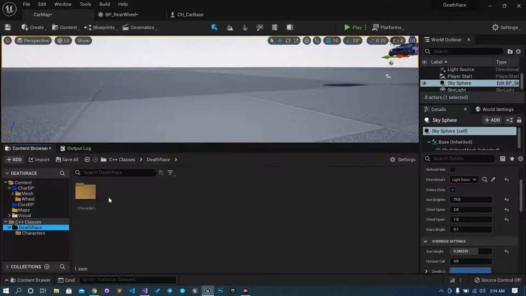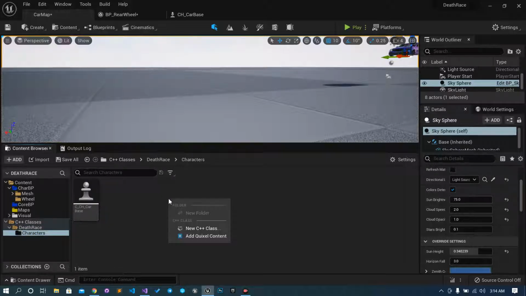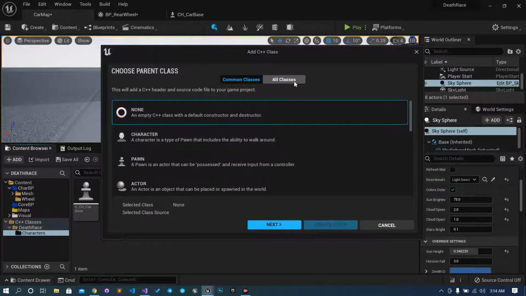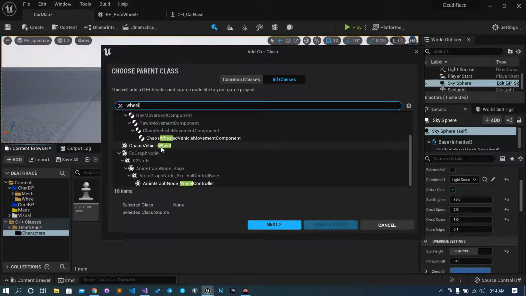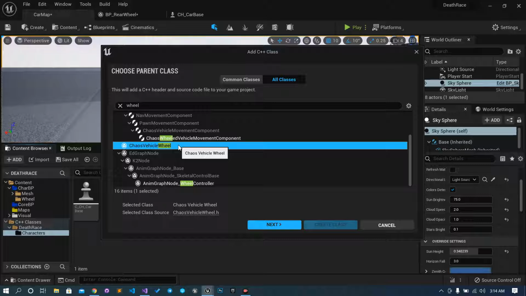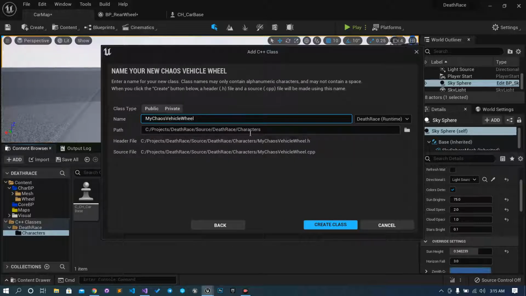I think it should be inside the character. Okay, so plus all classes, wheel, go down, chaos vehicle wheel, we want this one. Click next. So inside the character, we'll just create a folder called car extra. I'm just creating this folder so that if we have some functions related to the car, we will put them inside this folder. So C underscore wheel front, and